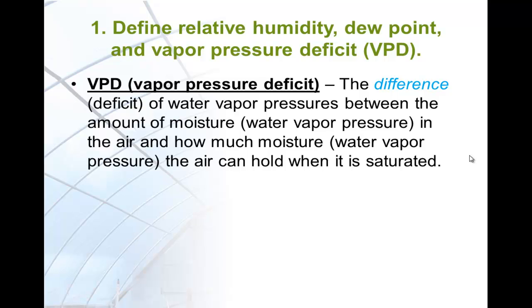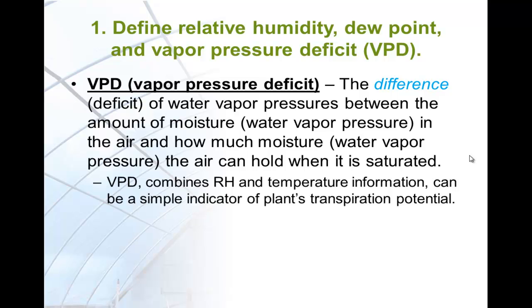Here we are introducing a new terminology, which is vapor pressure deficit, or VPD. Vapor pressure deficit is the difference of water vapor pressure between the amount of moisture in the air and how much moisture the air can hold when it is saturated. VPD combines two environmental parameters, relative humidity and temperature information, and can be used as a simple indicator